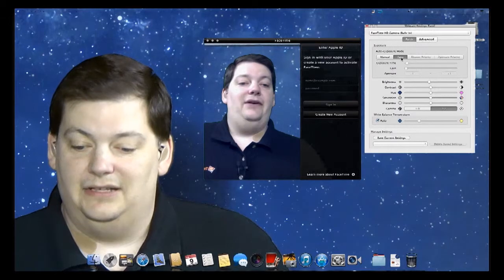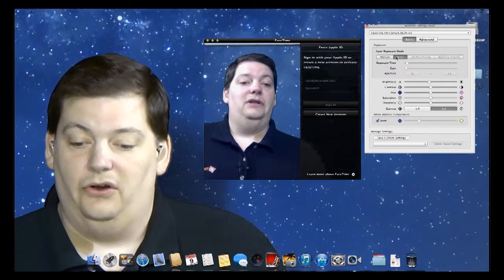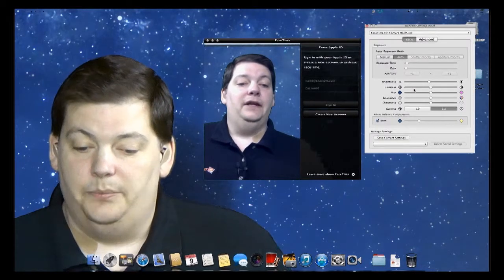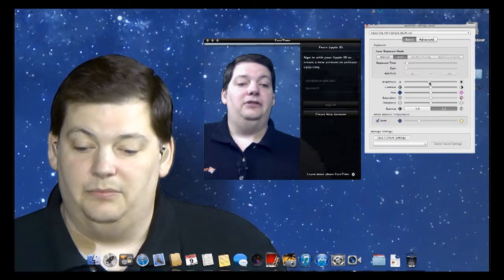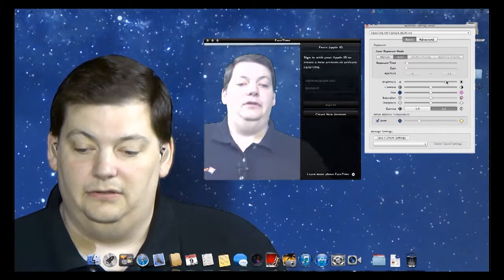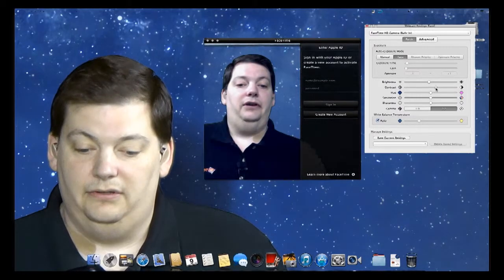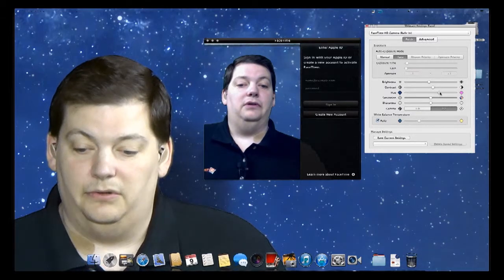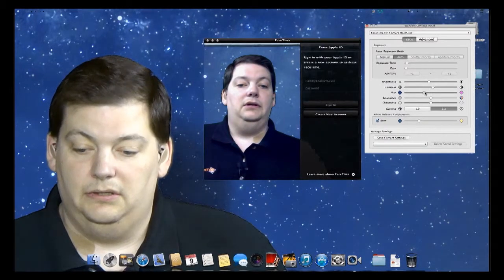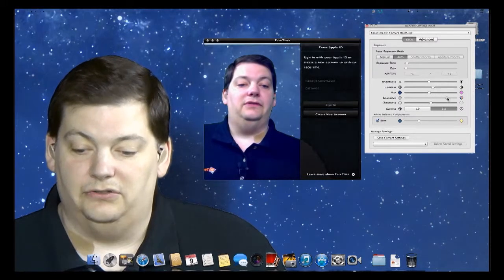And you can see right now it's in auto exposure mode. I'm going to leave it auto just to show you some of this stuff. But while you're in here, you can adjust the brightness of the camera, just like this. So it's adjusting the brightness. You can adjust the contrast. You can adjust the hue. So I'm a little green maybe. And saturation. So you see all these different controls that you have.